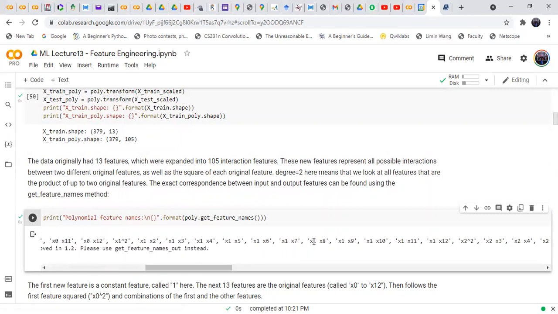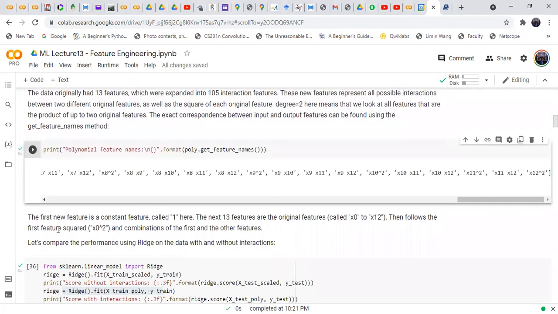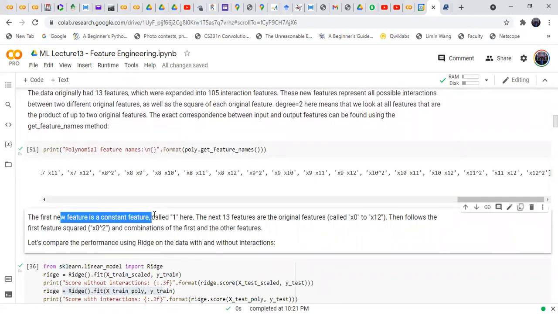Here we can see x1 multiplied by x9, x1 multiplied by x12, then x2 multiplied by x2, x2 multiplied by x3. It goes on, up to x11 multiplied by x12, and x12 squared. The first feature is a constant, and then the other combinations of these features.